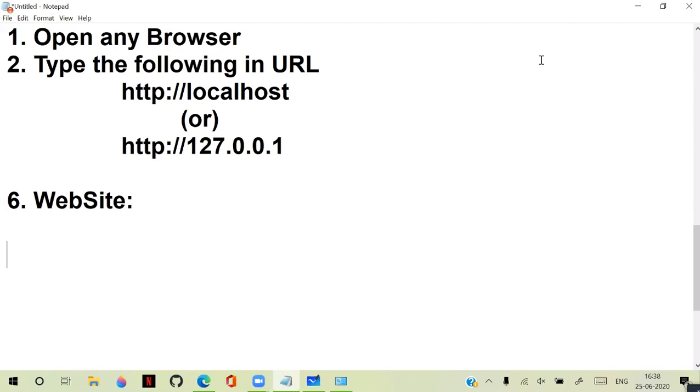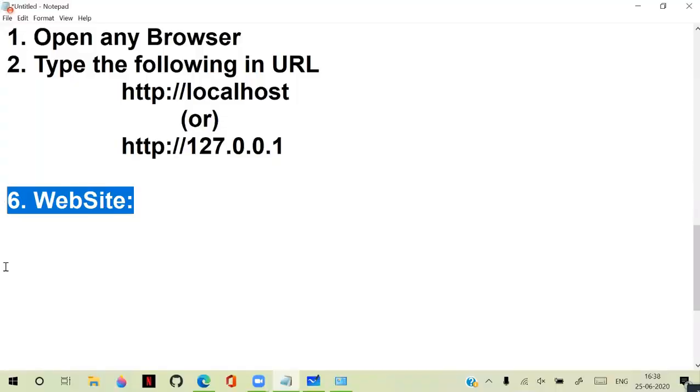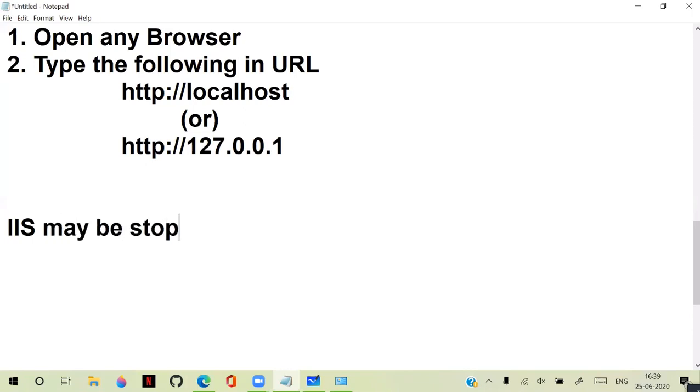Okay. One more point. Sometimes the IP address will not work. You test this with localhost. Sometimes the web server, IIS, may be stopped on your PC. So you have to start it. Sometimes IIS may be stopped in your PC, and you have to start it because